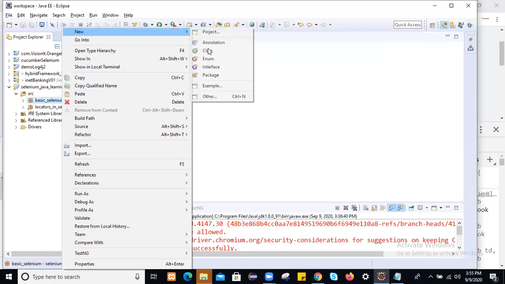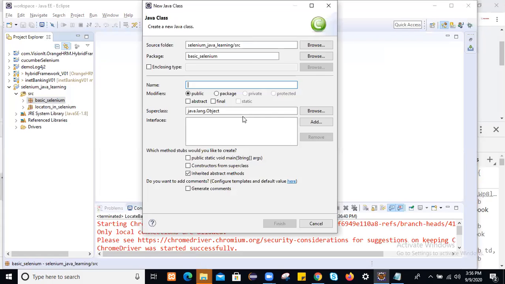Go to New, create a class. I'll name it elements of WebElement versus elements.